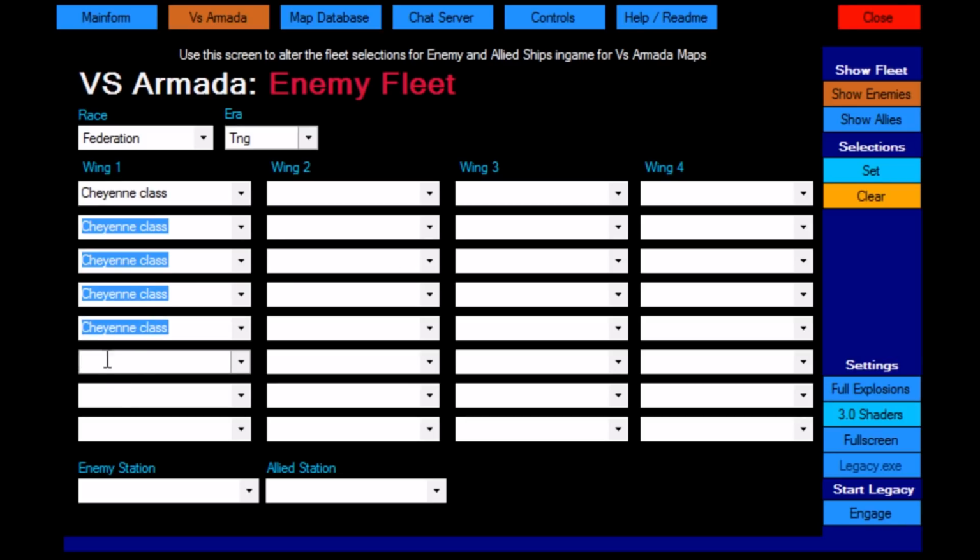I hit Control C up here, so I'm just pasting all these in. The enemy fleet, you can see I can fill up this entire row. I can do the same thing with all these, and once I'm confident that this is the battle I want, I don't want to change anything, I want to save it, all I do is I hit set, and then engage, and I'm not going to click it right now, but once I've hit engage, Star Trek Legacy will begin